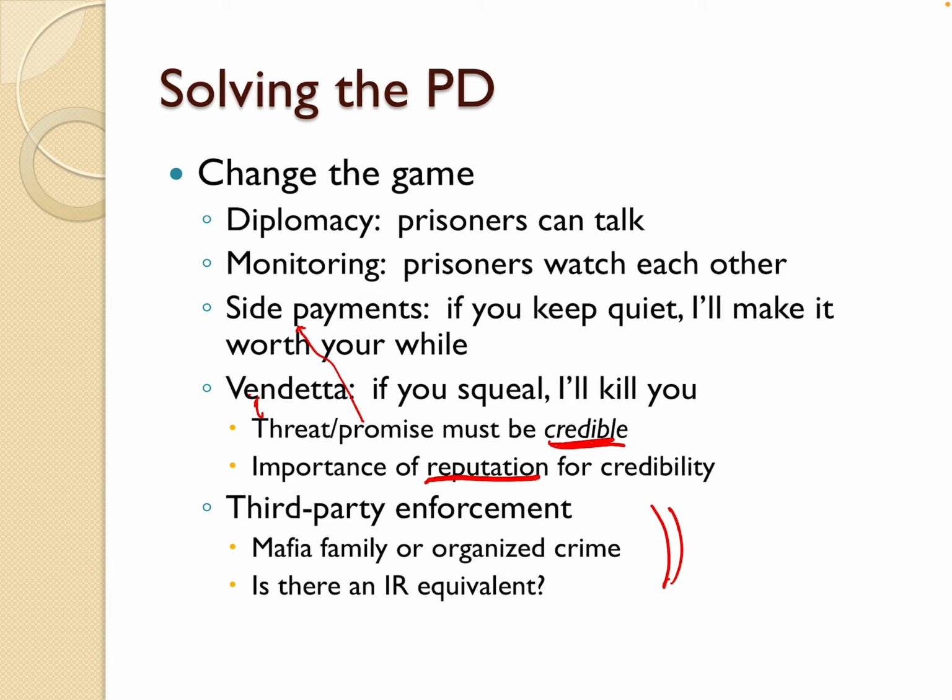The point of this, let me just be clear for a second. It's hard to slide from the prisoner's dilemma to international relations. What this tells us is that there are reasons why states do not cooperate. Does the prisoner's dilemma tell us some things about how we can enhance the ability of states to cooperate? And that's really what liberalism is talking about, right?